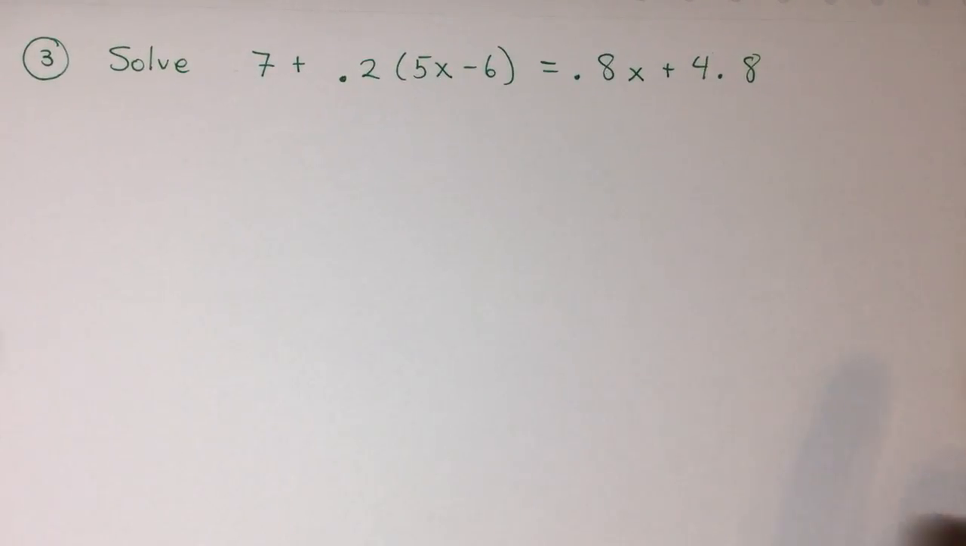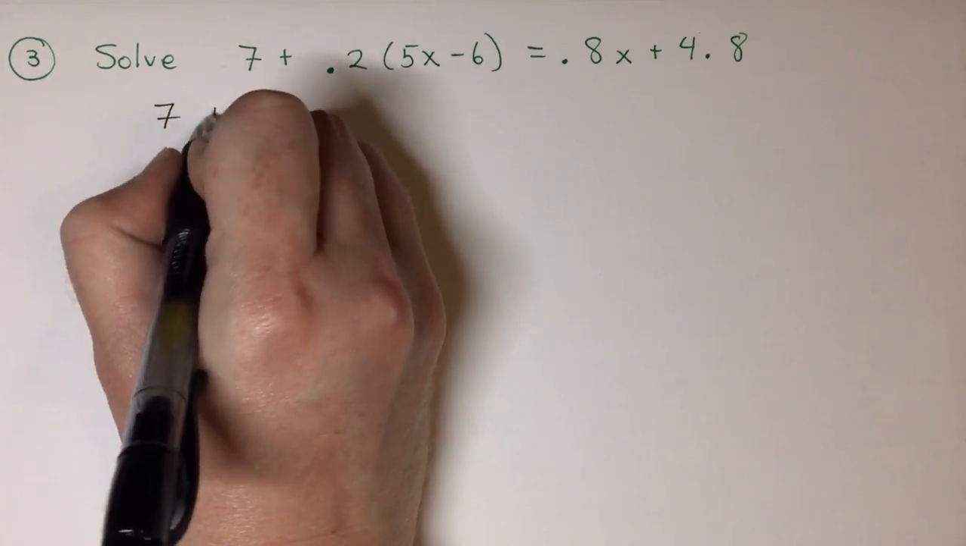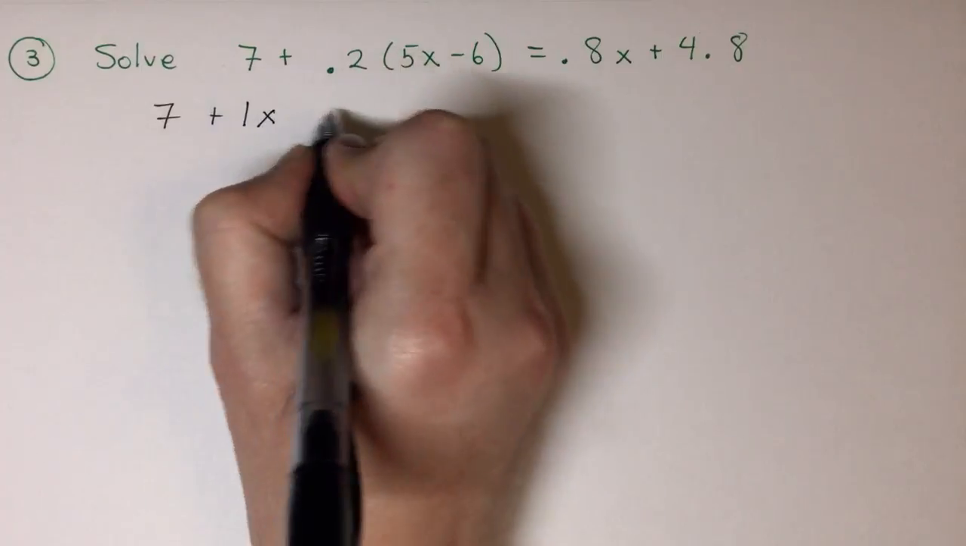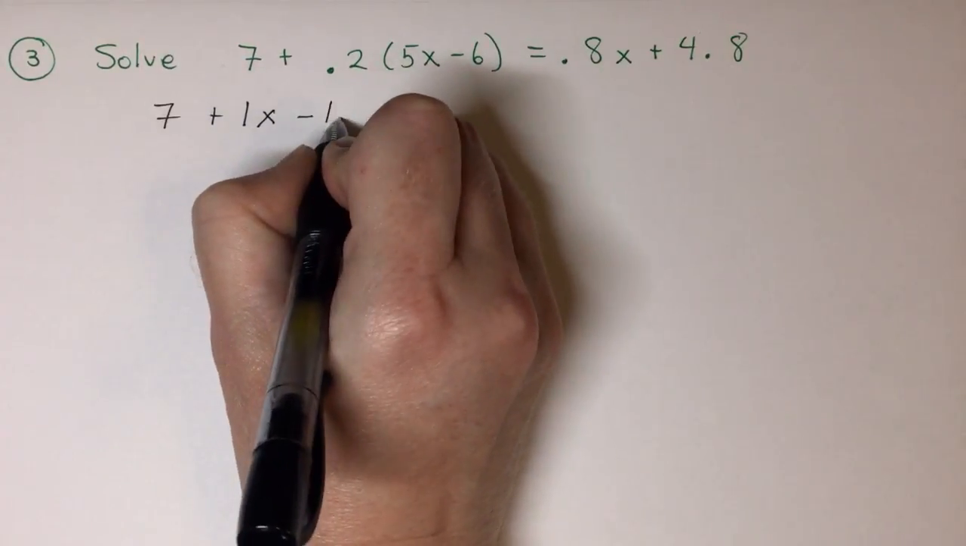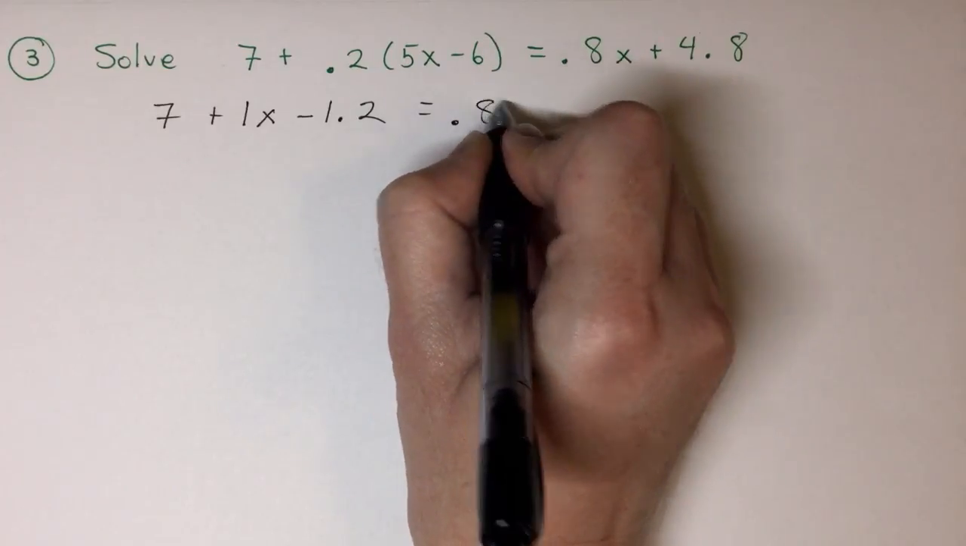If we have decimals, they're going to work in the exact same way. I want to clear my decimals, but I'm going to clear parentheses first. So 0.2 times 5 is 1. 0.2 times 6 is 1.2. And I have 0.8x